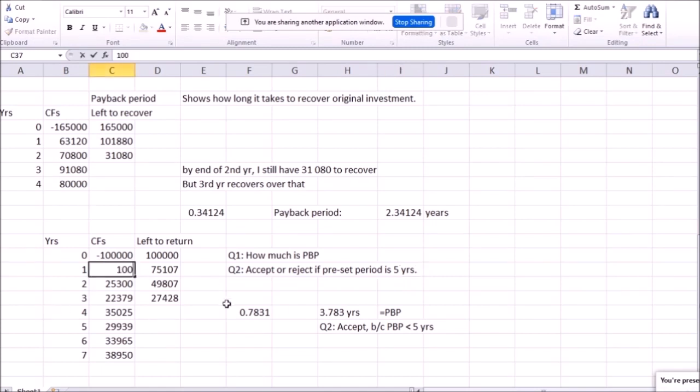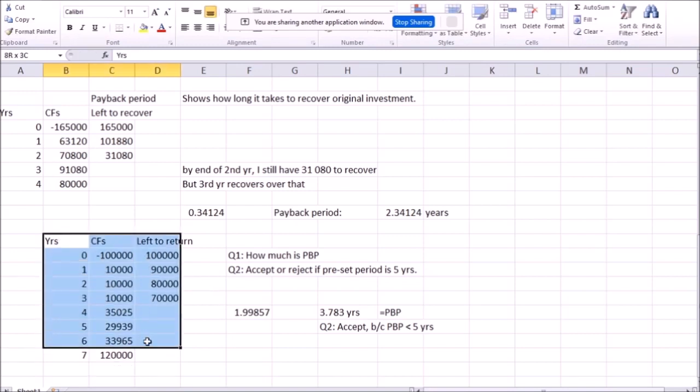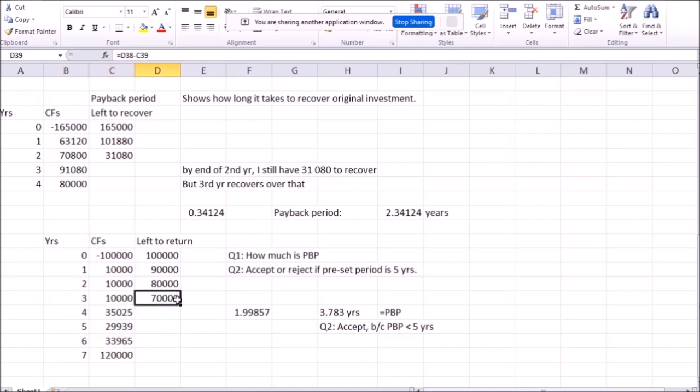Let's turn this to 10,000. Let's turn this also to 10,000. Let's turn this also to 10,000. And maybe over here we're gonna have 120,000. So clearly, generally, it's a good investment project. Of course, it still depends on the discount rate. We don't even have a discount rate here. We should calculate NPV, but if a discount rate is not really outrageously high, this seems to be a good investment project. But let's calculate the